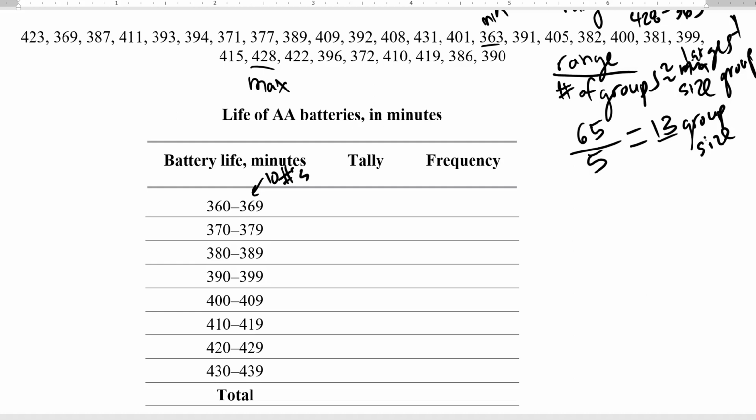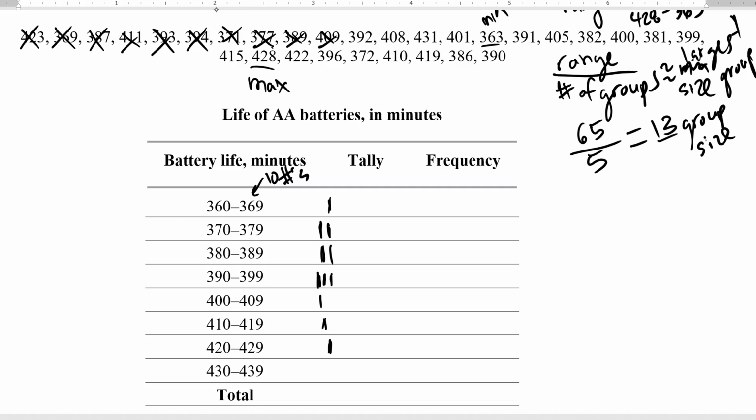So if I take the 423, I go to 420 to 429, and I put a little tally mark there. 369 goes right here, put a tally. 387, right here. 411, right here. 393, right here. 394, 371, 377, 389, 409,